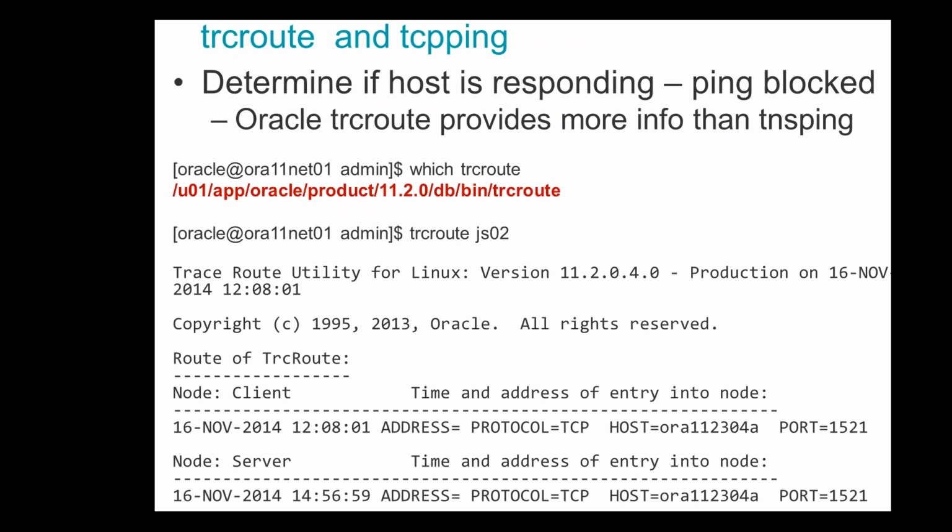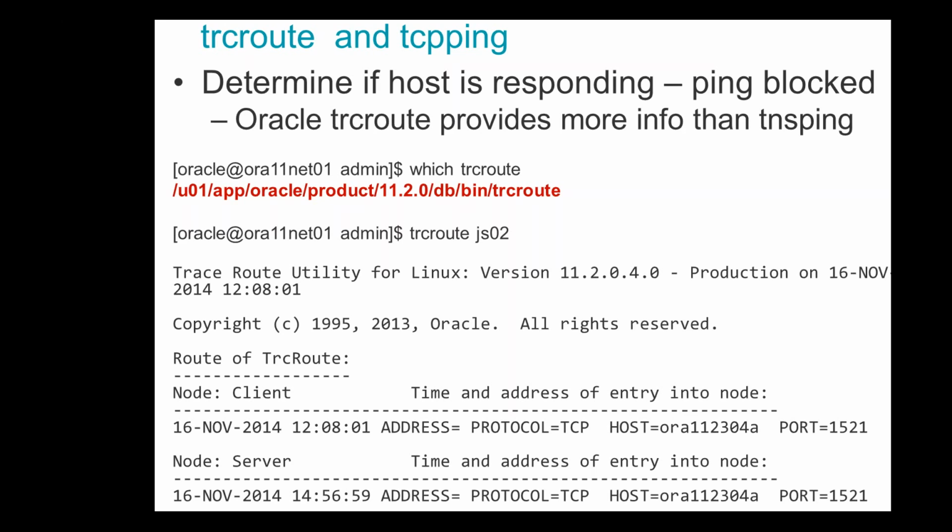So how else can you determine if a host is responding? Maybe you want to ping a client, but ping is blocked. It's not unusual for ICMP packets to be blocked. Well, how about using one of these tools? For instance, Oracle trace route, TRCroute, a little different than the Unix one. It's kind of like a TNS ping, gives you a little more information about how a name was resolved and how it got